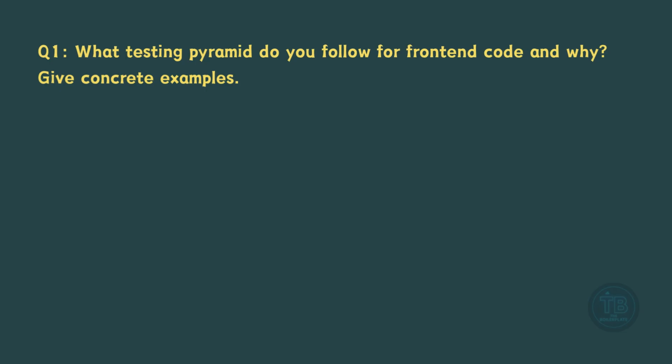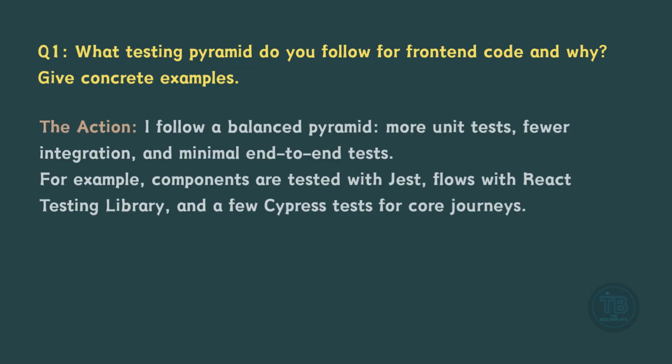So the problem is given by the interviewer in the question. As you can see, he wants to ask about the testing pyramid that we follow for front-end code and why we follow it. He's also asking for a concrete example. So what we can say in our action is that I follow a balanced pyramid: more unit tests, fewer integration tests, and minimal